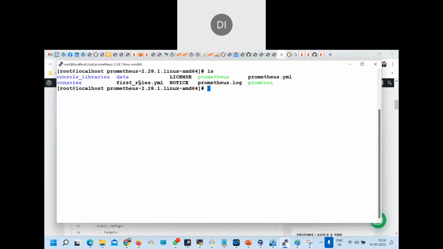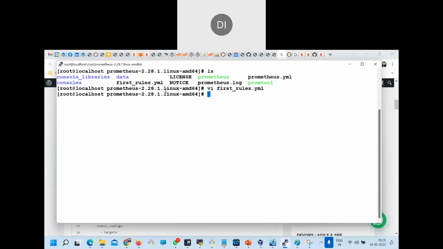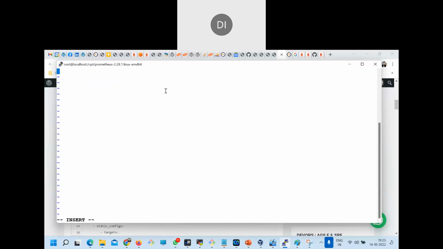And now this is the first rules file. Do we have anything as such? Let me see that. There's one custom rules file there. So here, this is the rules. But this is a record rule, and I don't want a record rule. I want the alert rule. So an alert_rules.yaml file. And here